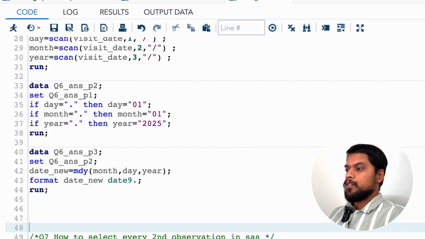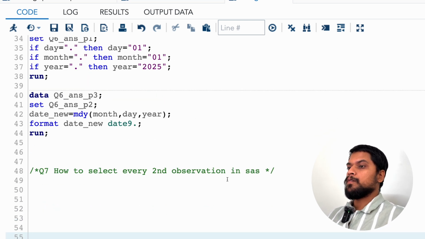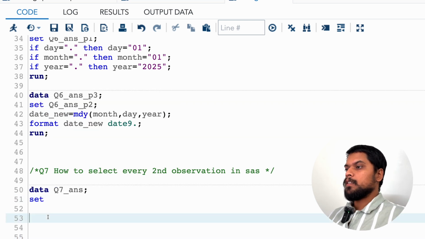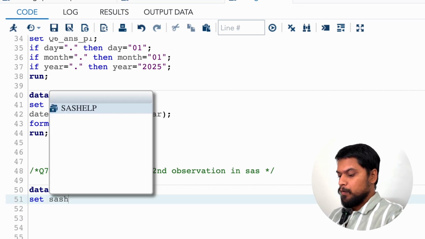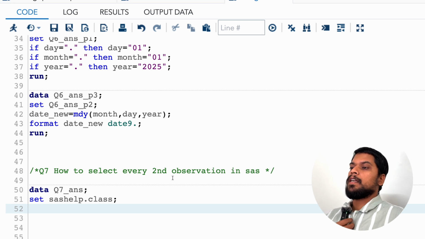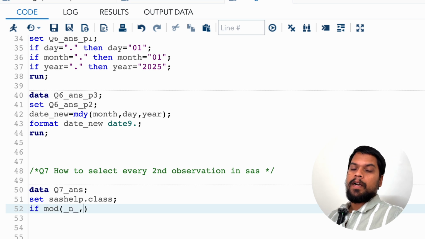Now let's go to the next question, which is how to select every second observation in SAS. Okay, now here it is not written which data to call, so by default we can use the class data from the SASHELP library. The sole purpose is to get every second observation. You can call any data, but you need to select every second observation. So by default the variable under which the record numbers will be available is underscore n underscore,